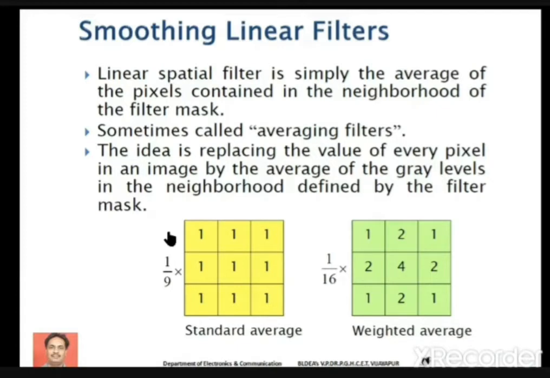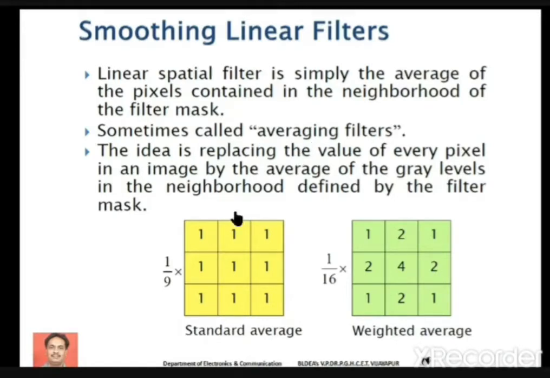Then we take the next 3 by 3 pixels of the input image, again get the average of those 9 pixels, and whatever average we get is assigned to the second pixel, and so on. That kind of operation we perform by using averaging filters.